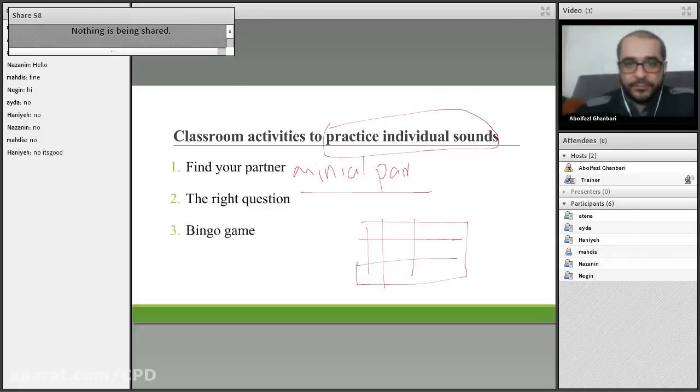For example, A. I don't know, A. چه اینجوری می نویسه؟ از صفحه خارج میشه. خب یه لحظه من